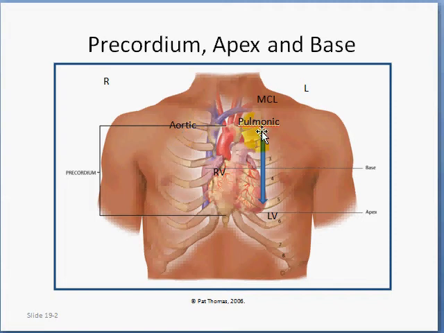Listen here, then listen in the aortic to pulmonic, over to the right ventricle, and then on down to the LV. Turn the bell over so that now you'll listen with the bell, coming back up from the LV to the RV, back up to the pulmonic and the aortic, listening more distinctly with your bell